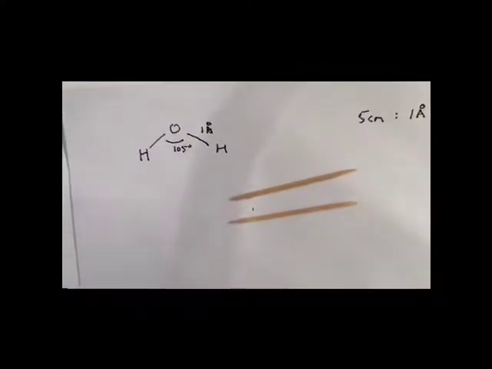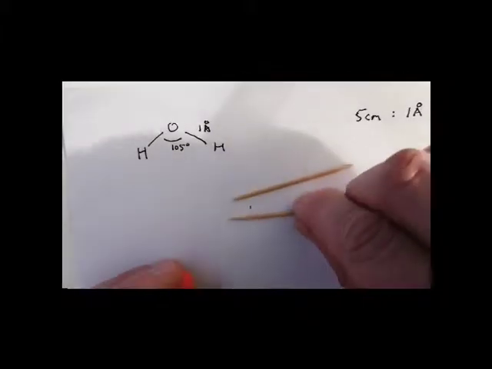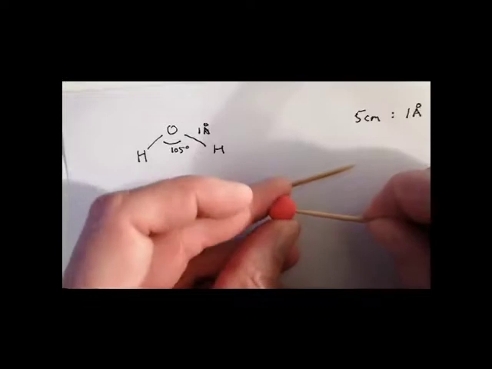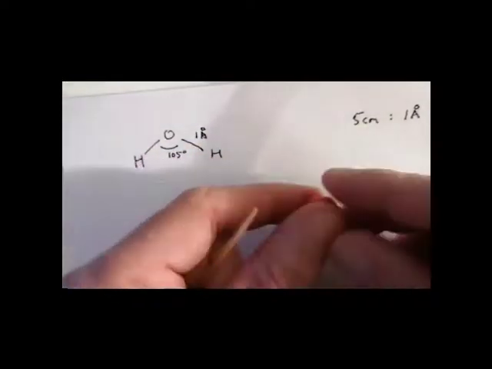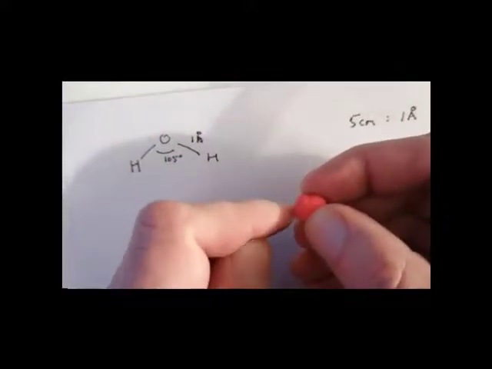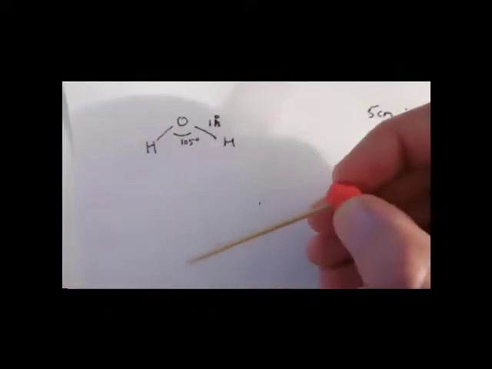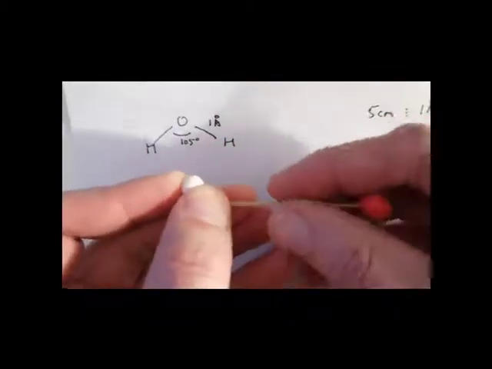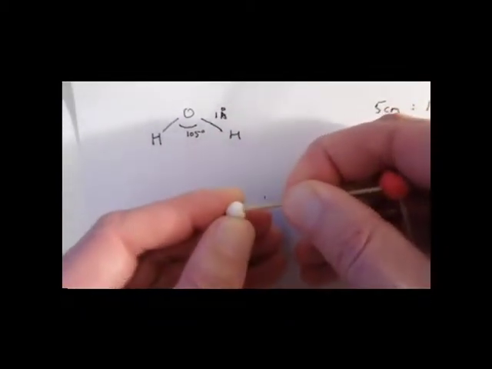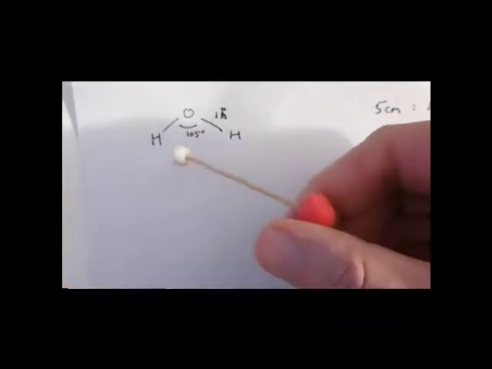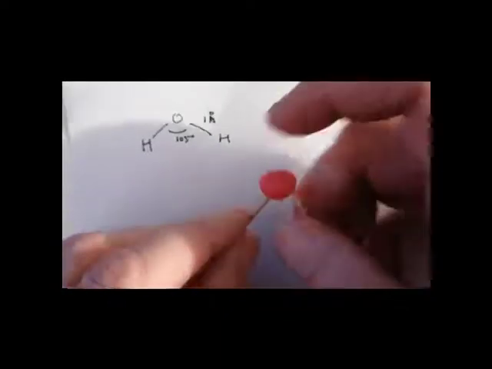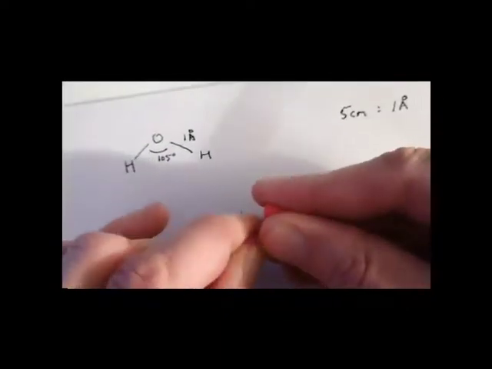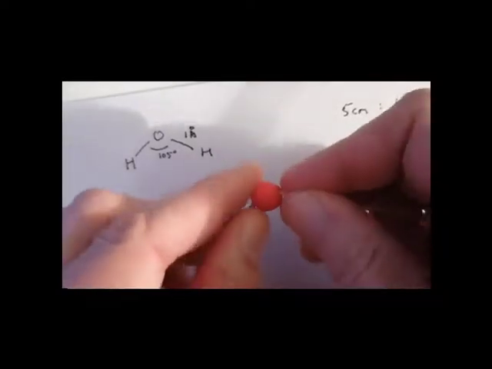Now we just need to then construct the water molecule. And so what I'm going to do is place the oxygen at the center, the two bonds, add some hydrogens to it, and then we've got to make sure that although the bond lengths are correct, the bond angle is correct. So here I have a water molecule,